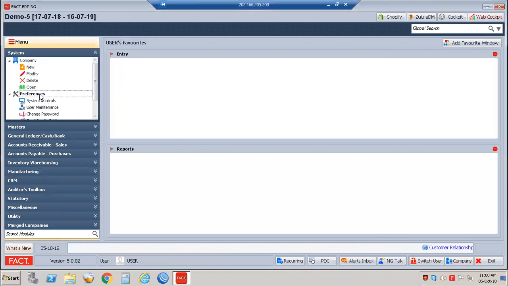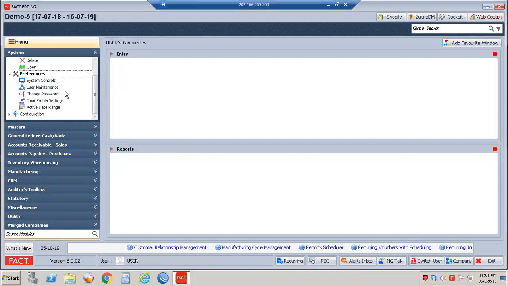Coming to preferences, this is the major one. Preferences is also a part of the cockpit. If you want system control, and you have created different kinds of layers, then you'll have to fill up the forms as provided by the software itself. For example,